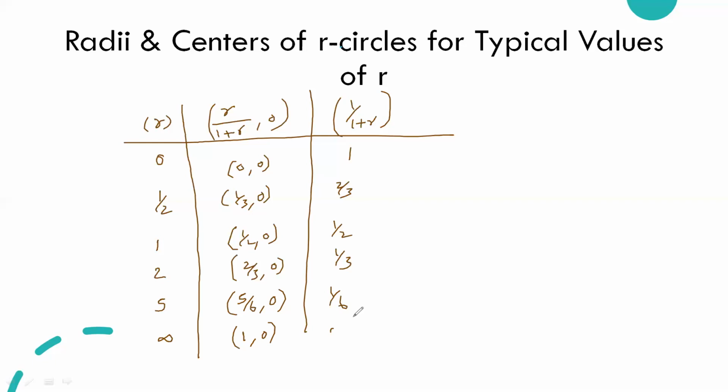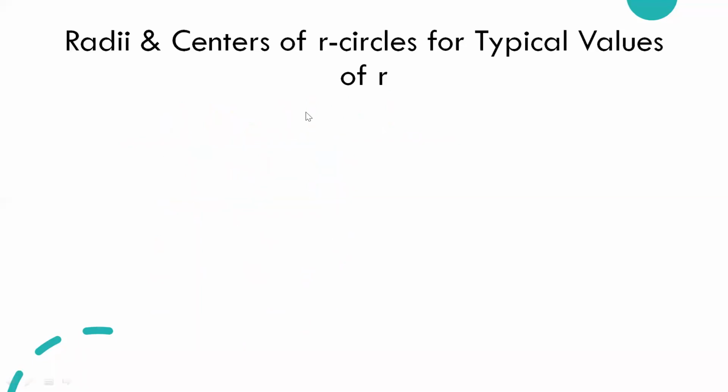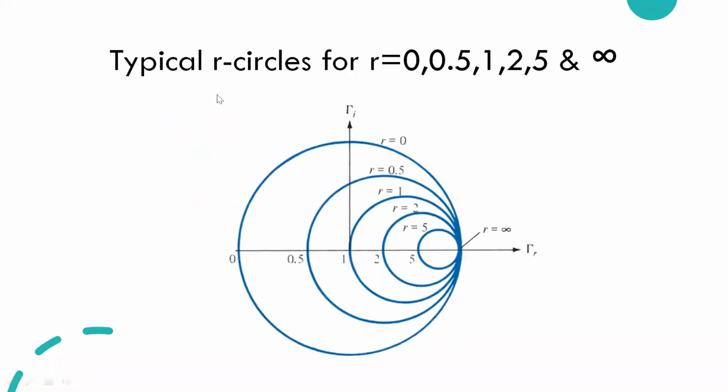So this is what we have seen in the first slide. That is a unit circle center, 1 comma 0. That is your gamma value, which is equated to your resistance circle. Okay. So we are going to see the image, with respect to these center values and resistance radius values, how it will look for those typical values which were considered just now: 0, 0.5, 1, 2, 5, and infinity.